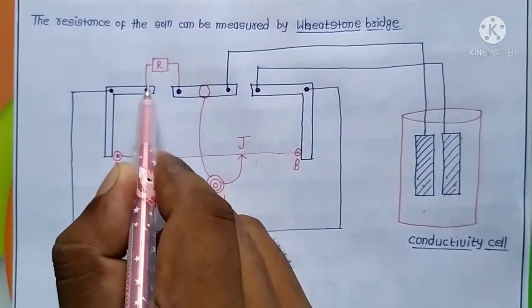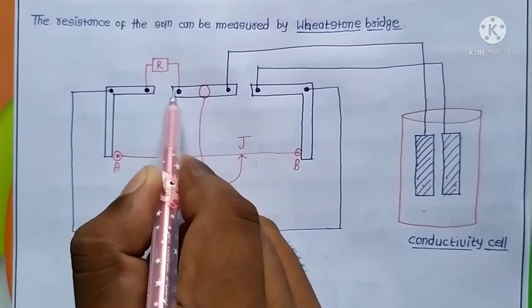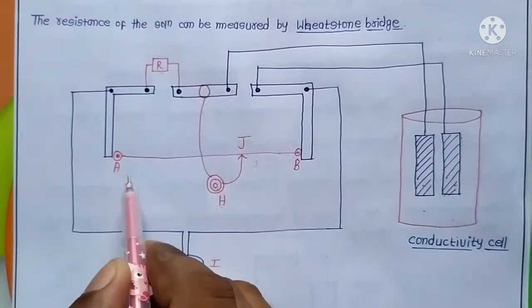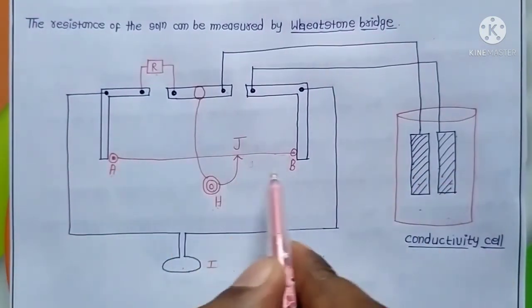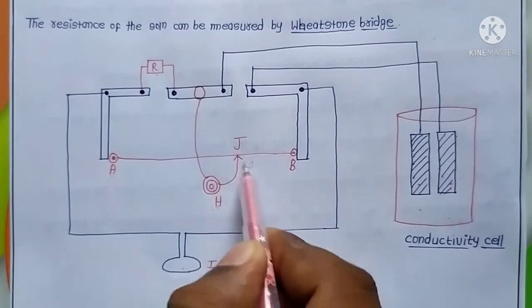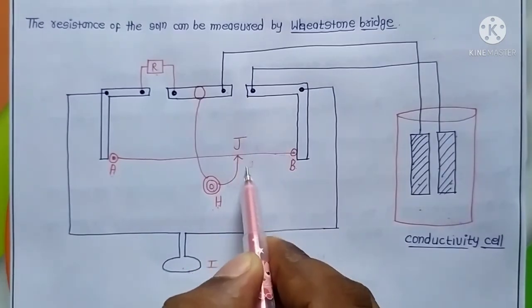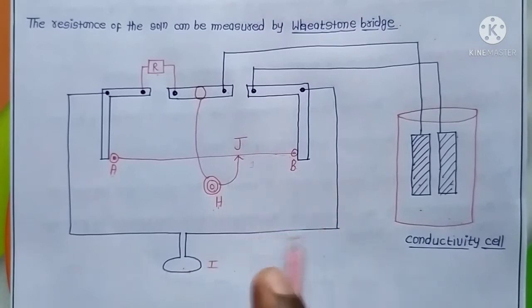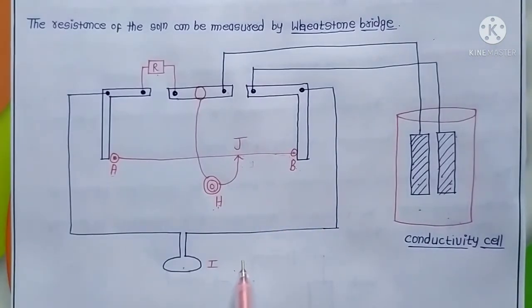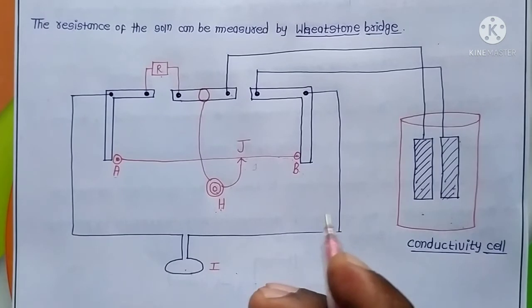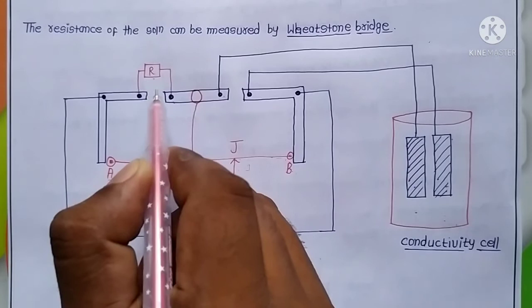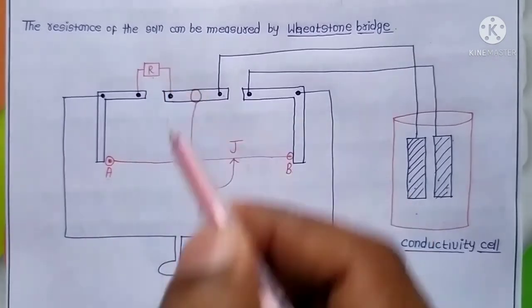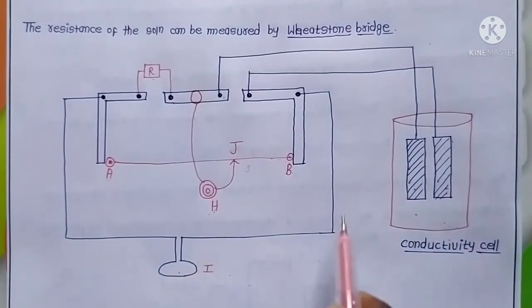This Wheatstone bridge consists of a resistance box R at one end of the bridge, and the wire AB is stretched at the other end of the Wheatstone bridge, and the headphone H and the sliding contact, or jockey J, are placed over here, and I is the induction coil, which is generally used to produce the alternating current inside the bridge. Now some known resistance is applied to this resistance box, and the alternating current (AC) passes through the solution with the help of this induction coil.